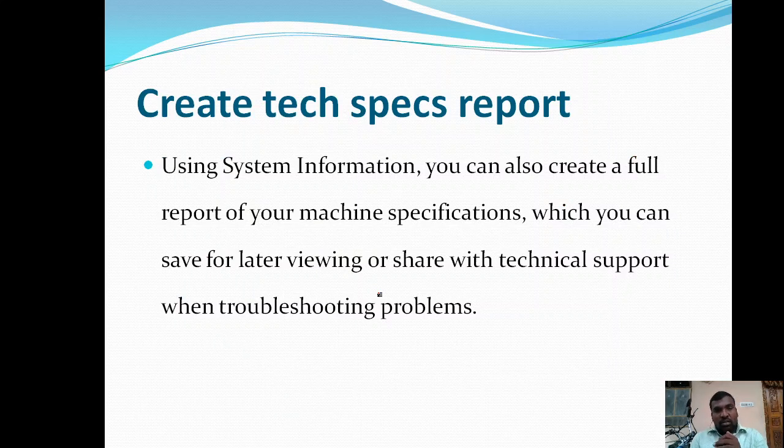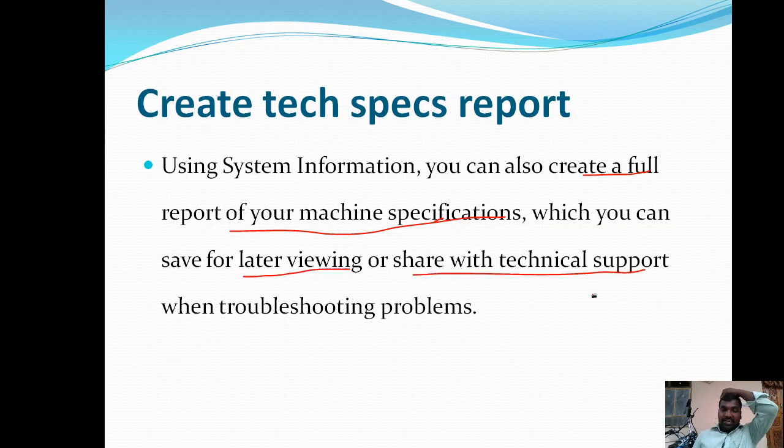And now let us create a technical specification report from this System Information. If you want to create a report, then using System Information you can also create a full report of your system specifications, which you can save for later viewing or share with technical support when troubleshooting a problem.